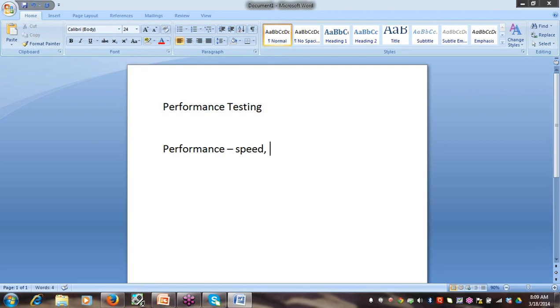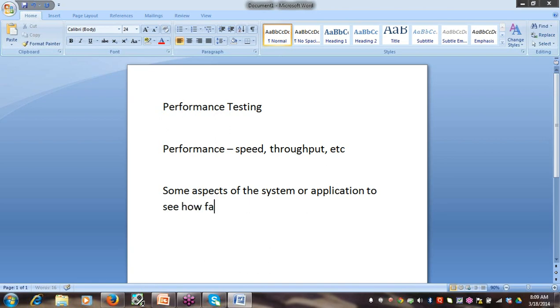Speed, then throughput, speed, etc. So we are testing some aspect of the system or application to see how fast the system or the application performs under a particular workload.